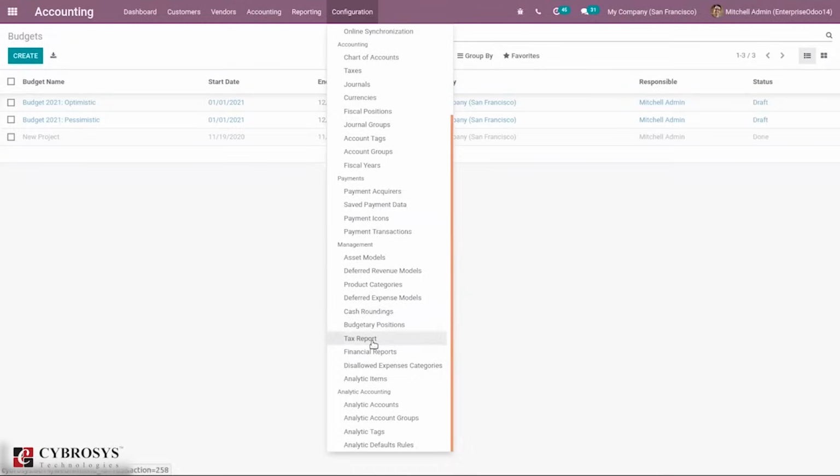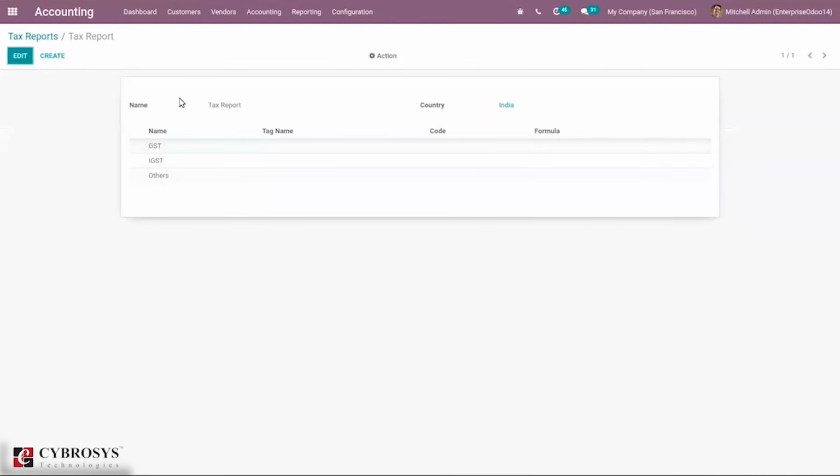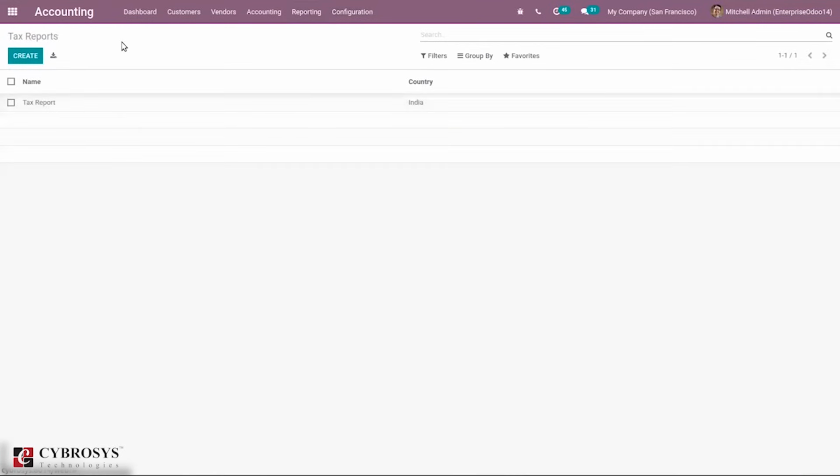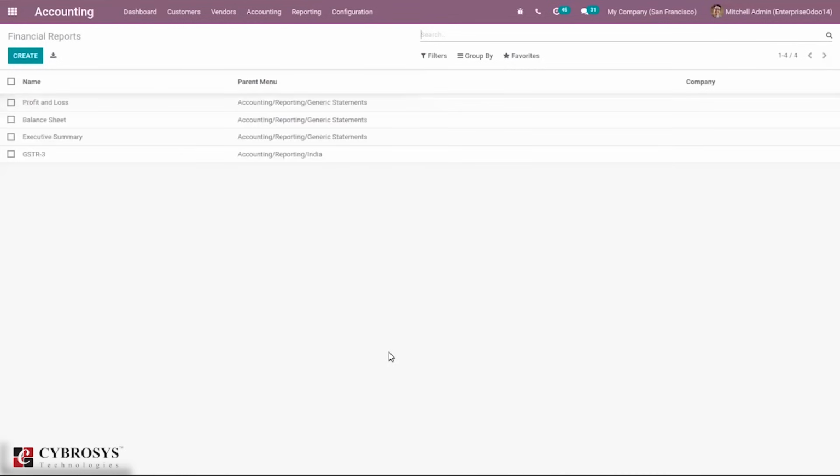Then here we have our tax report. We can configure our tax report. We can set the name, tag, then code for your tax report. Then we can also configure the financial reports. You can see our financial reports, that is profit and loss, balance sheet, executive summary.